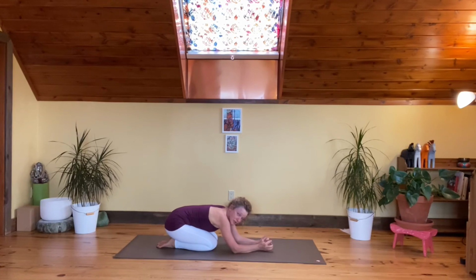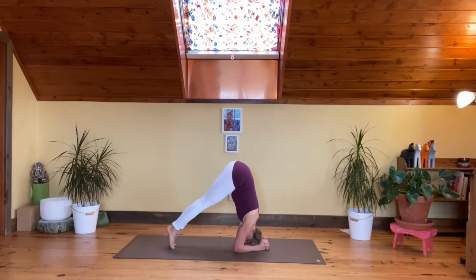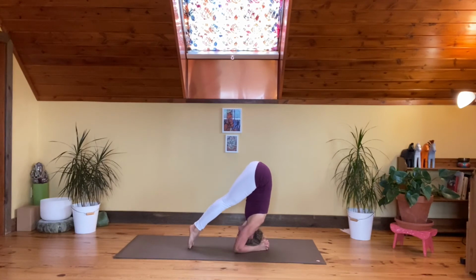Release your fingers. You can even massage your fingers a little bit, and then you can do exactly the same version, or you can come up with legs in a pike. So we'll see how we feel. And again, always go to the wall if that would feel better, or have a friend that will support you maybe nearby. Take your head towards the floor, elbows again underneath the shoulders, and walk your feet in,